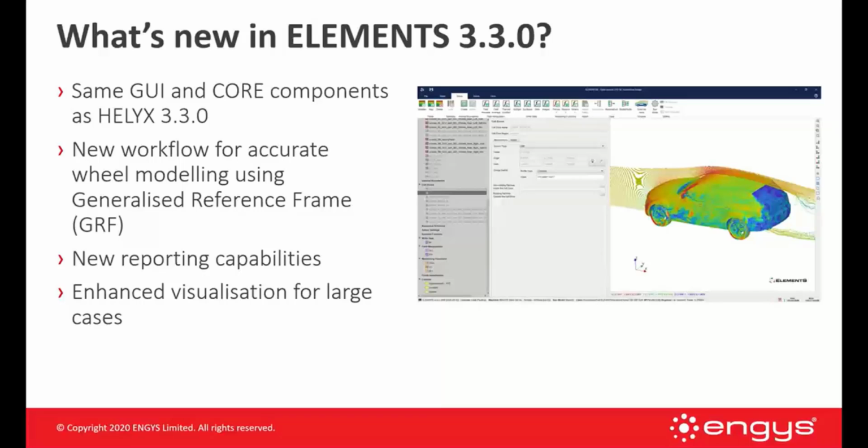And in terms of Elements 3.3, what's new? Well, in Elements you have all the options and all the features you have in HELYX, plus some additional components which are designed for the automotive industry, like my colleague Daniel mentioned before. So we have the same GUI and core components as HELYX 3.3, but in addition to that, we have new